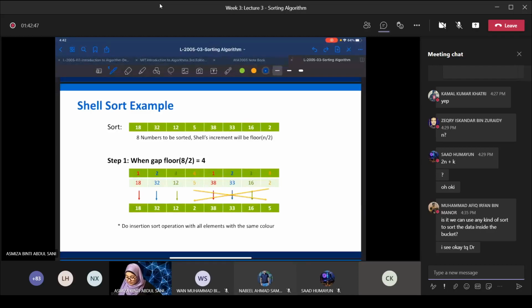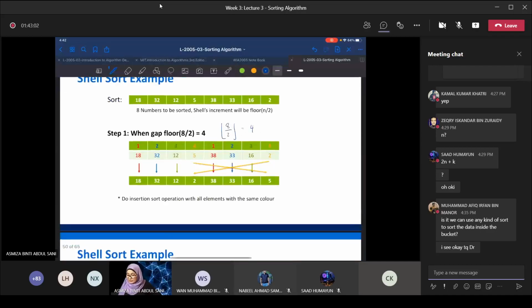So it will be floor of 8 over 2, which is 4. Since we get 4, that would be the gap. Normally this is how I make sure that I am doing the insertion sort within the same gap. If our gap is 4,